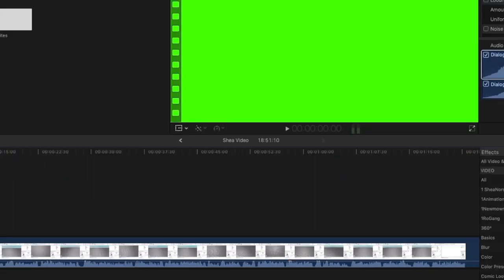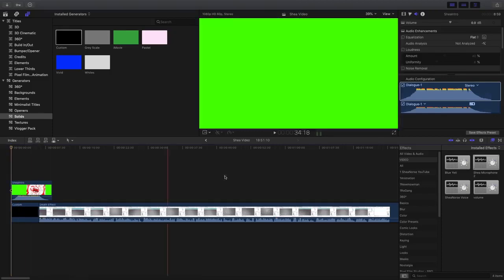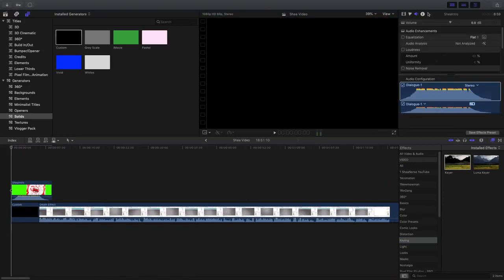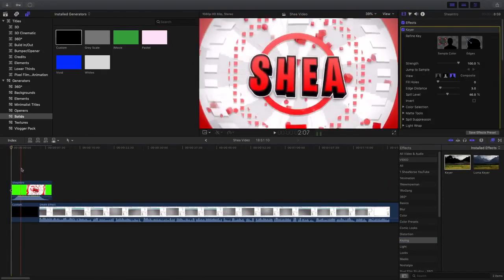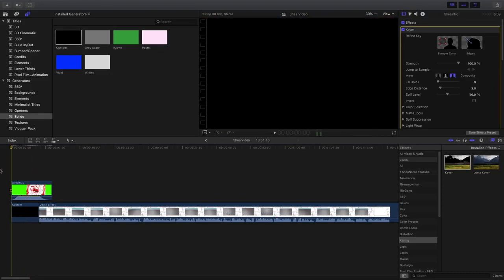iMovie has it, my application has it, but basically in my application, I just go to keying and then I go to keyer, and then what I do is I can select the color that I want to key. In this case, it already tells that I have the green screen on, so if I actually play this here,